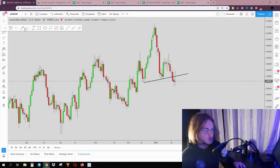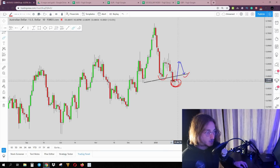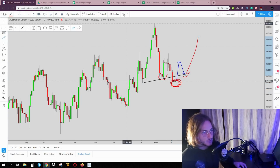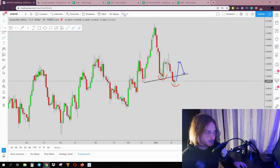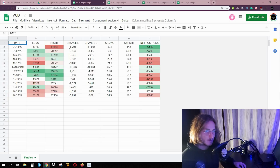Now, what we need to see here is on the daily time frame, the market close back above the area. If we see a daily close back above the area, then we will have our fake breakout, we will have our inverted head and shoulders, but in this case, they already grabbed the liquidity here. All the people that are shorting here, they will be using those shorts to actually buy, and at that point, there will be all their orders stacked in this pair, and we will see that clearly reflected in